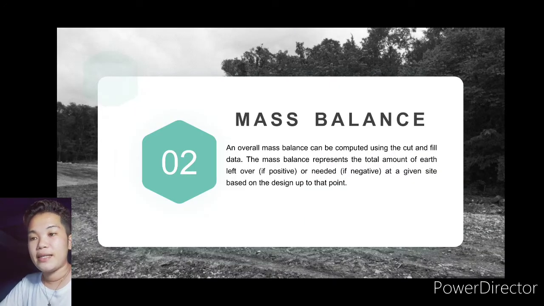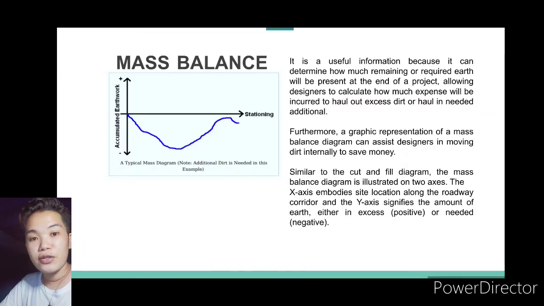Mass balance. An overall mass balance can be computed using the cut and fill data. The mass balance represents the total amount of earth left over if positive, or needed if negative, at a given site based on a design up to that point. It is useful information because it can determine how much remaining or required earth will be present at the end of a project,